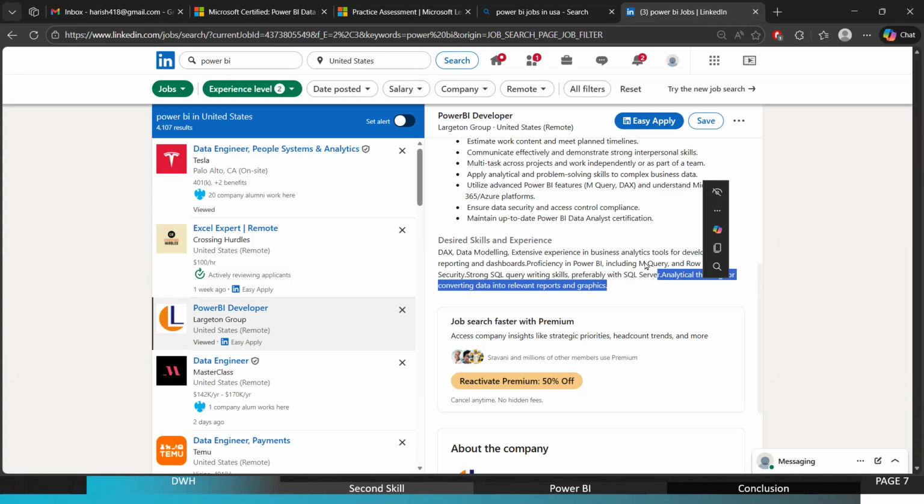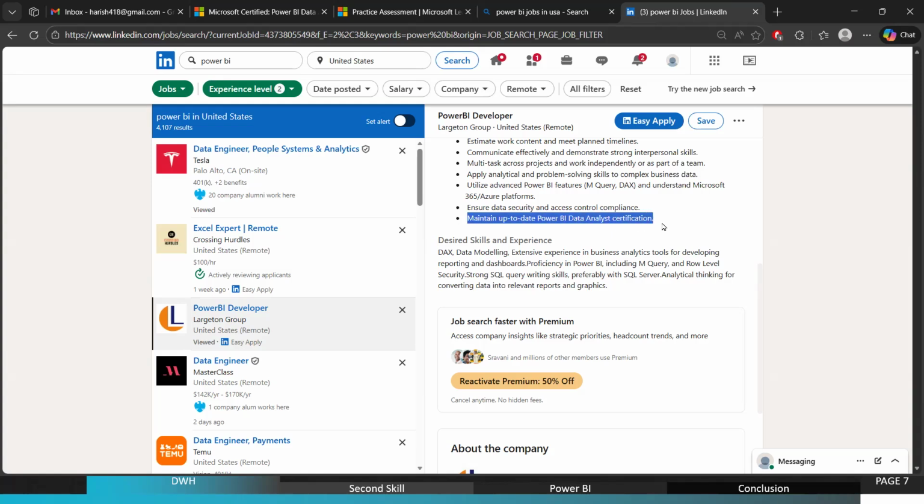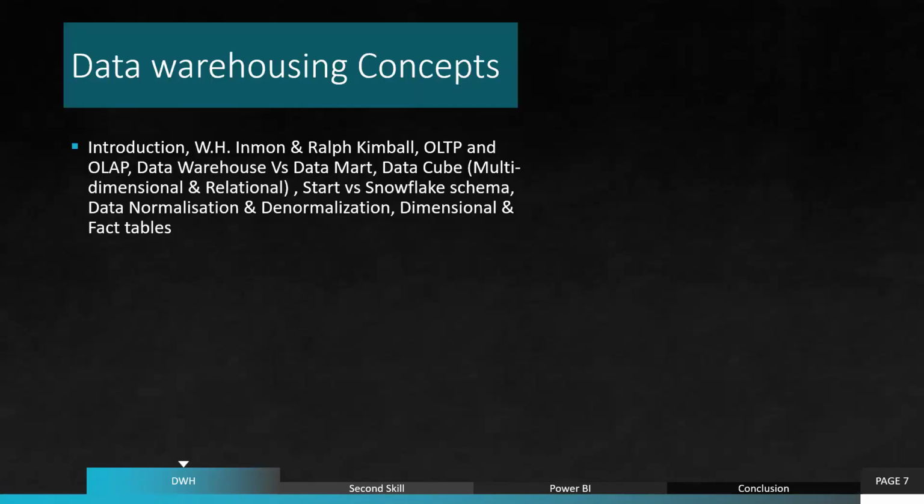Then, maintain up-to-date Power BI analyst certification. So it is very important, having certification really helps us. We are going to cover mQuery, DAX, all these things.